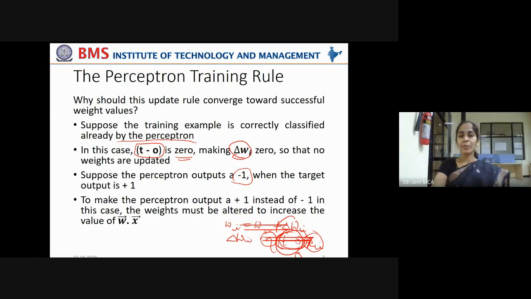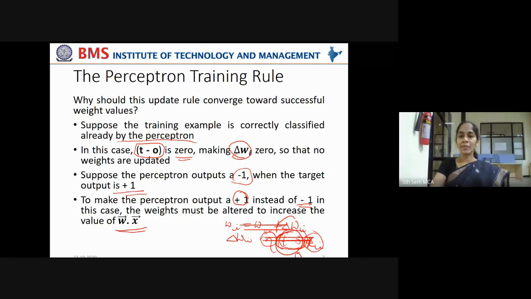Now see here, suppose the perceptron outputs a -1 when the target output is actually +1. Now to make the perceptron output a +1 instead of -1, the weights must be altered to increase the value of this dot product, Wx. Correct?